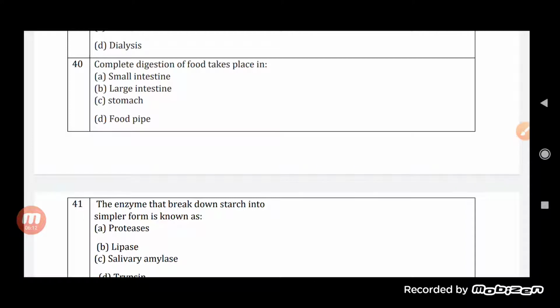So out of the two, you know that the complete digestion will take place in the small intestine, where the proper absorption of the material also occurs. So we can say here that because the total enzymes are present in the small intestinal wall, the complete digestion of the food occurs in the small intestine.